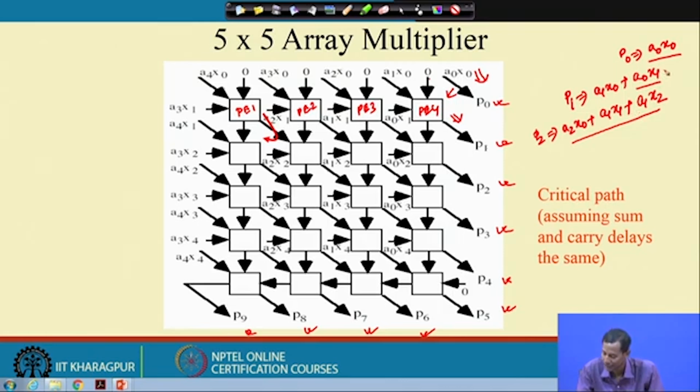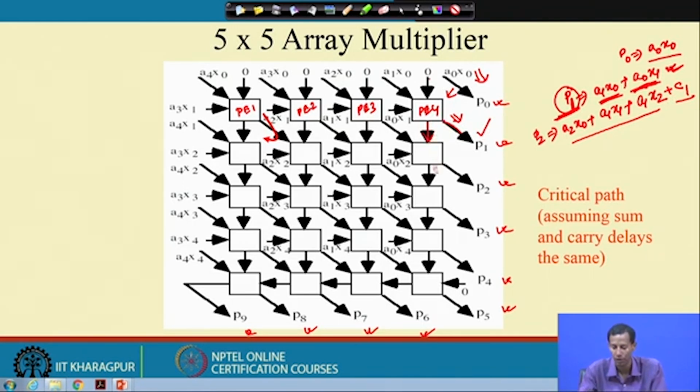That is the carry from the previous stage. While I am computing this P1, at that time the sum bit is basically P1, but the carry which is produced because of this particular addition operation will come over here. Okay. So, that is why here you see that sum bit is P1, but the carry bit is